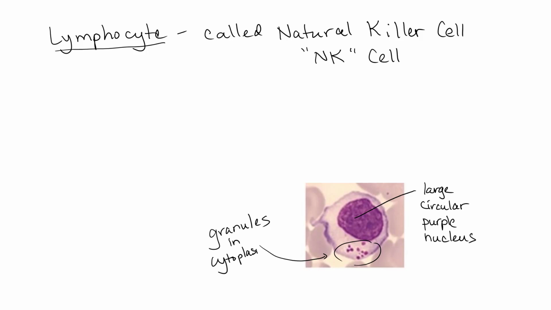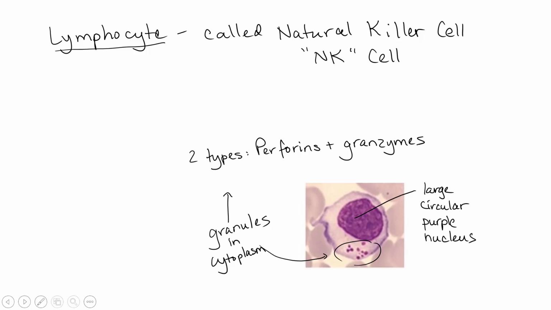So this is a cell that also can degranulate, like we see in basophils and mast cells and eosinophils. And these granules, there's really two types that they have. We call them perforins, and also, like we talked about with eosinophils, granzymes. So these are perforins and granzymes. These are, again, the toxic proteins